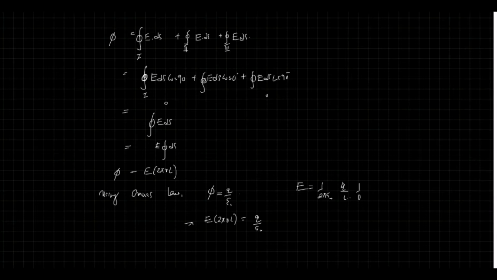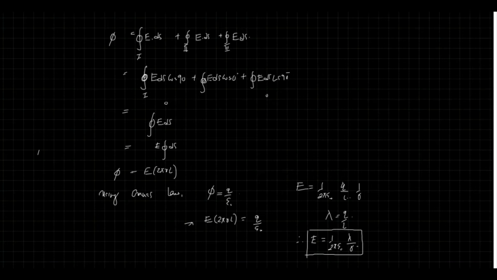into 1 by R. But what is Q by L? We know lambda is equal to charge per unit length. Therefore, E would be written as 1 by 2 pi epsilon naught lambda by R. So you see, now E only depends on the linear charge density of the wire. Correct?